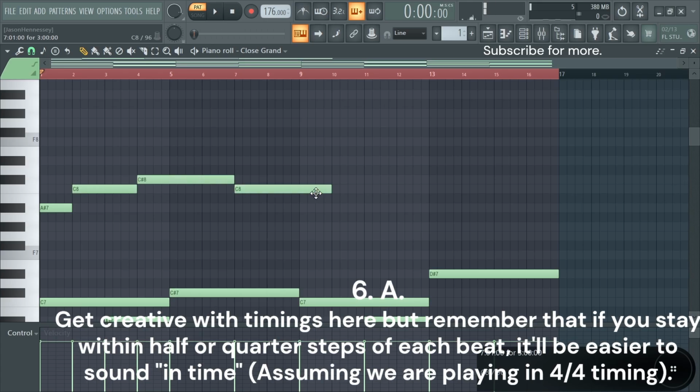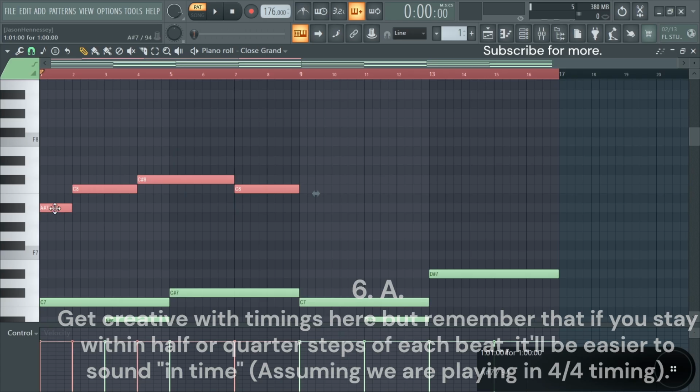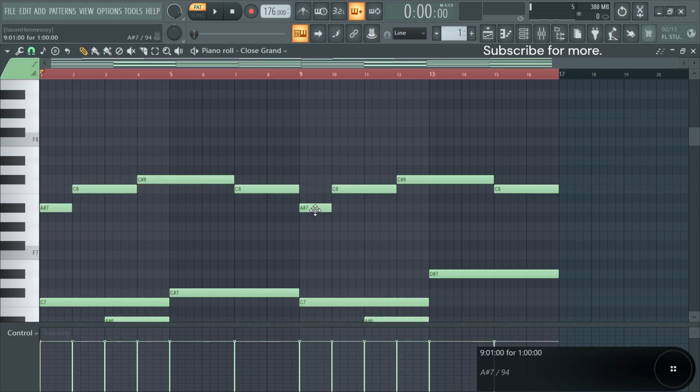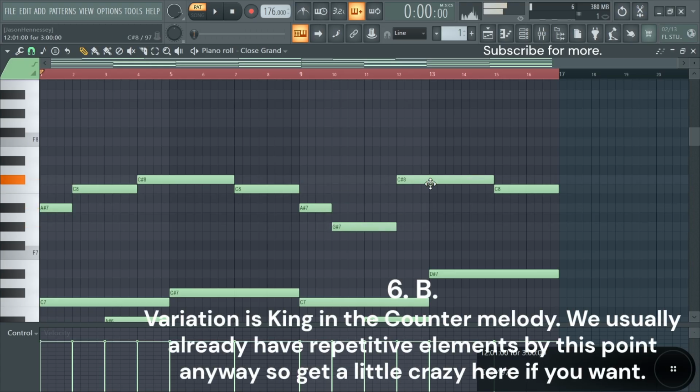So you could do something like this. I have no idea if this is going to sound good or not, by the way. I'm just kind of throwing an idea out there. So maybe let's copy this over, but let's maybe change it